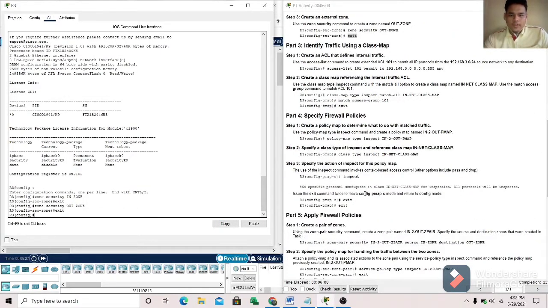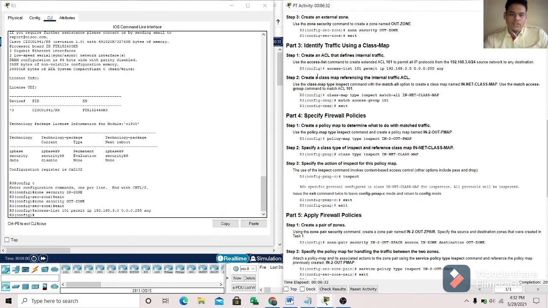Part 3, identify traffic using class map. So command that I will use for the part 3, step 1 is, for step 2, create a class map referencing the internal traffic ACL. So when internal, we must use innet class map, and then ACL match to 101. Command that I must use here is